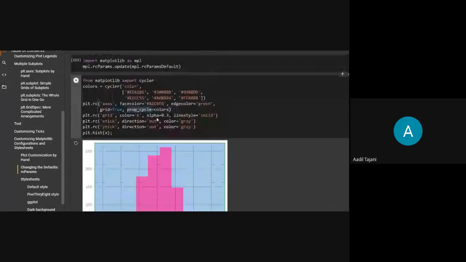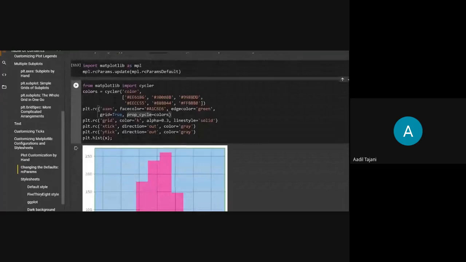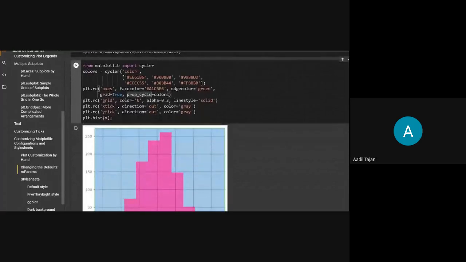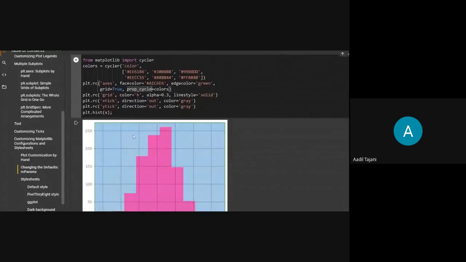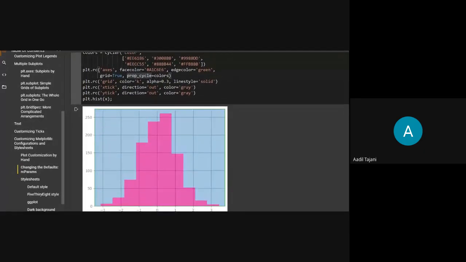So the cycler that we have defined earlier, the six colors from which I want Matplotlib to cycle through, that is what prop cycle defines, that from now onwards, you have to cycle through these six colors that I have defined. Then in the grid, I want to change the grid color. I want to change the transparency level. I want to change the line style of the grid. And the same goes for the X tick and Y tick.